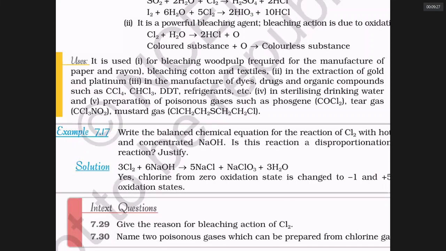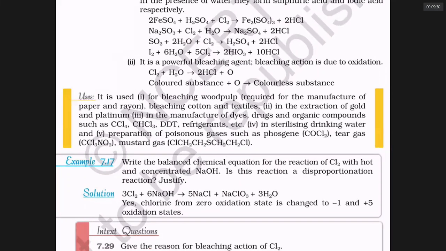You should learn definitely the uses of chlorine. In fact, there are IIT bits in previous question papers. Phosgene is a gas of formula COCl2 that was used by Adolf Hitler to kill thousands of people. Tear gas and mustard gas have formulas like CCl3NO2 for tear gas, and ClCH2CH2 ... CH2CH2Cl for mustard gas, which is like dichloroethyl thioether. The last three gases were used in the Second World War to kill people. These were the poisonous gases developed in the Second World War.